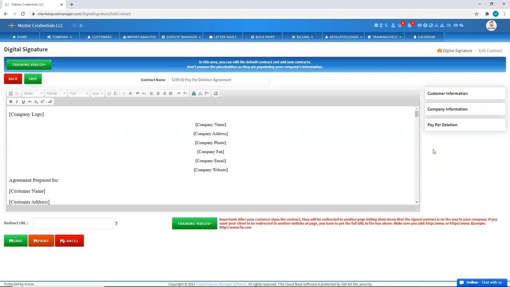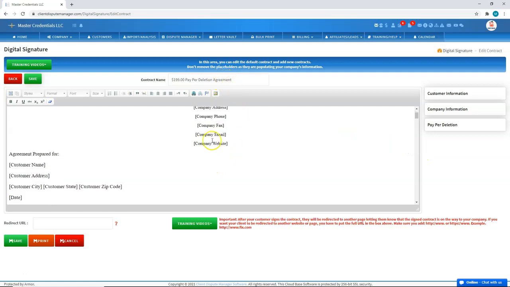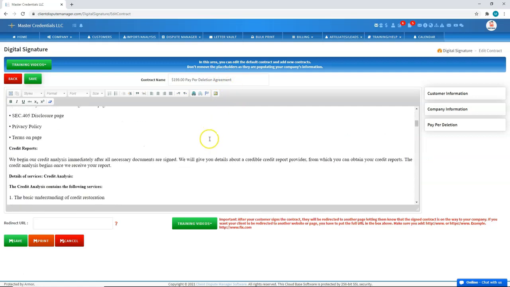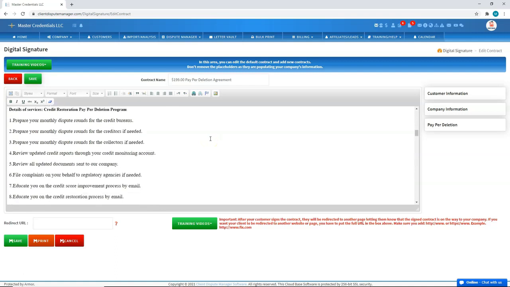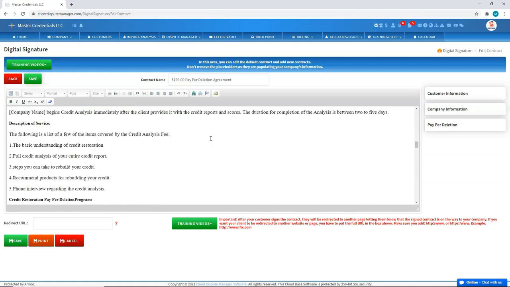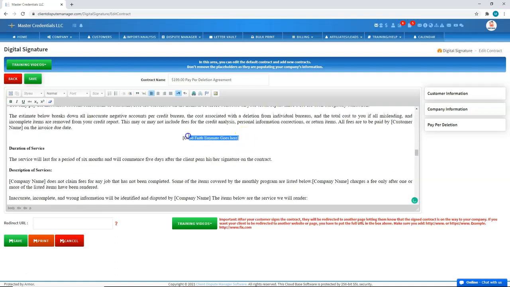Once you click that, you can change the title, make changes on what's inside the contract itself. But you need to make sure that when you reach this part, this one right here, you have to make sure that this placeholder is not deleted, because this is the good faith estimate grid. This is where the good faith estimate prices will appear, or the specific table that I showed